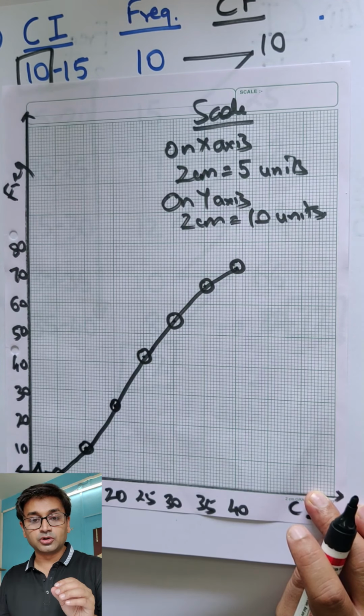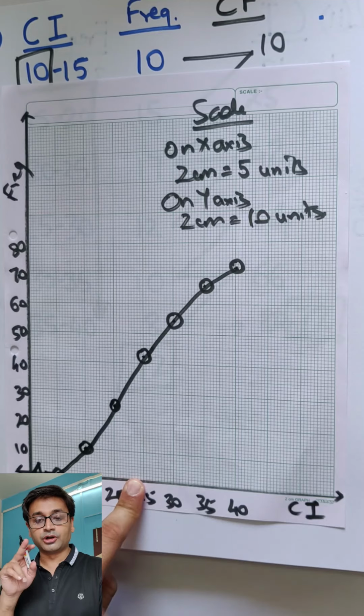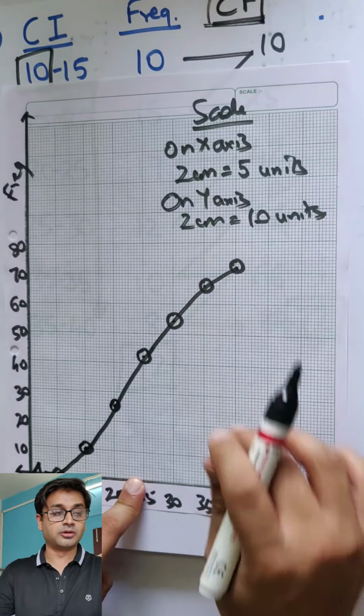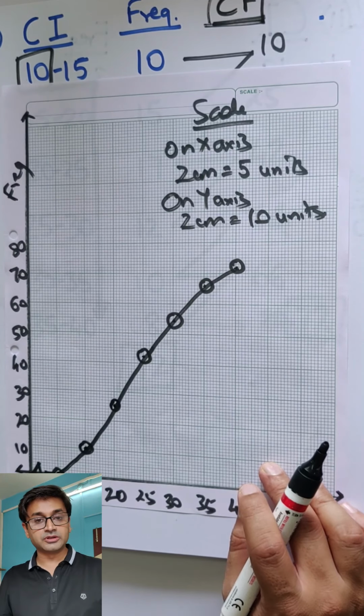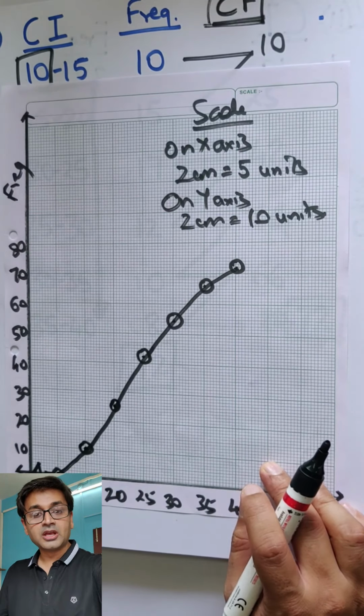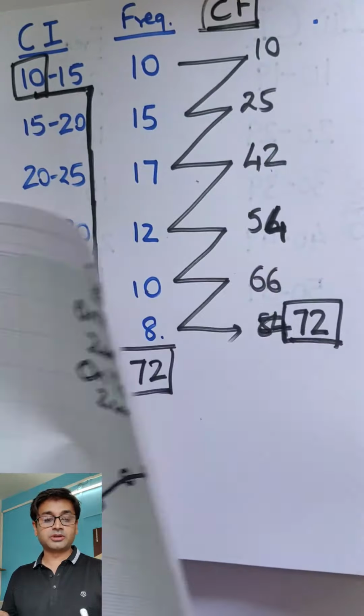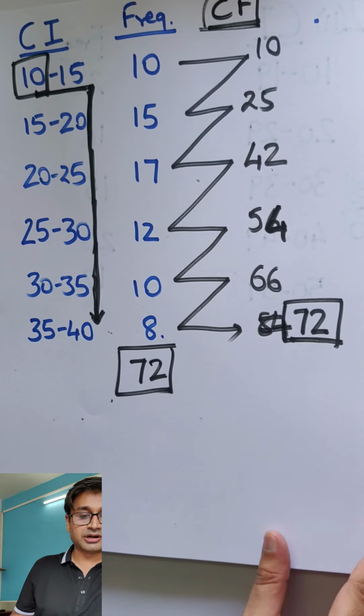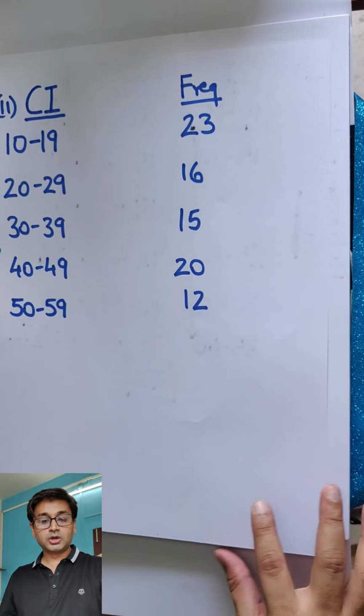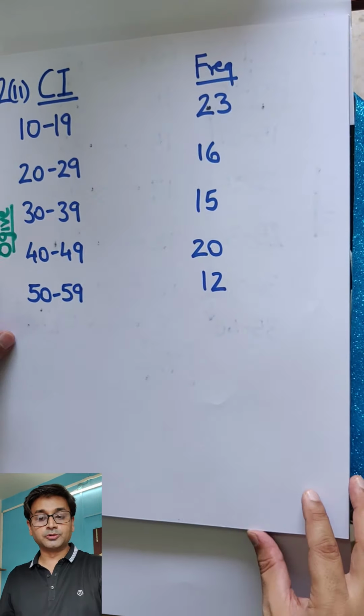Alright, so remember whenever you're constructing the cumulative frequency, the reverse L technique. And what you need is a cumulative frequency column. Once you have your cumulative frequency column, use the reverse L technique and obviously you will be able to construct your graph. Let's go with the next one. I want everyone to try some number 2 part 2. What is the problem here?